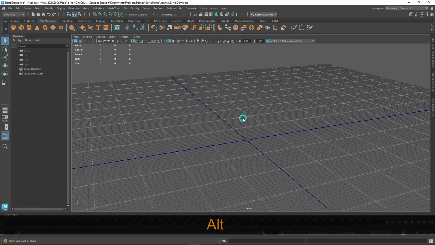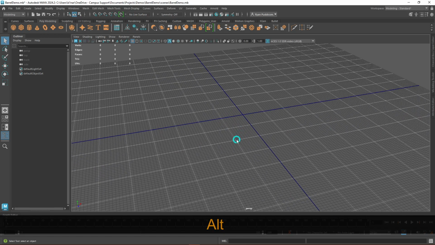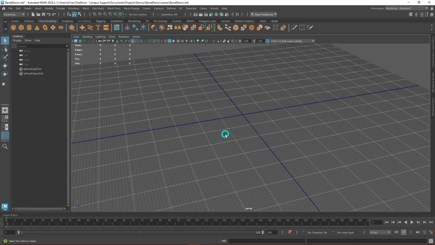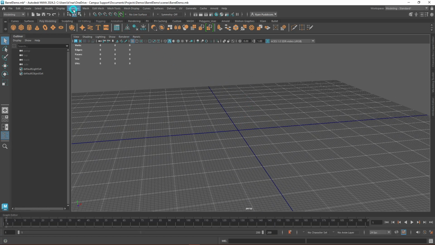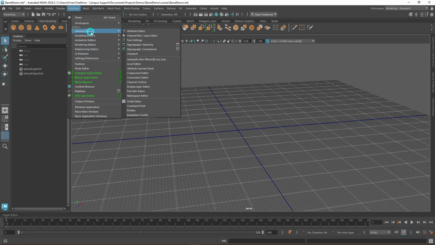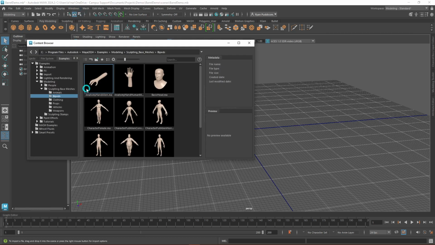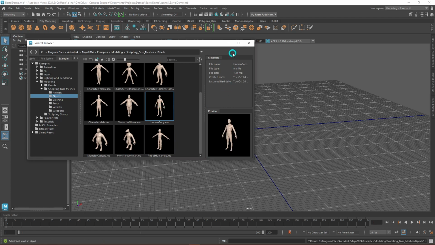All right, before we start, like I said, I've already adjusted my grid here. But another way to make sure that you have the proper scale for your objects is to bring in a human model. If you go into Windows and Content Browser, if you have Maya 2022 or before, then this Content Browser is in the General Editors menu. If we open that and find our way down to bipeds, there is this human body. And so if we double click on it,